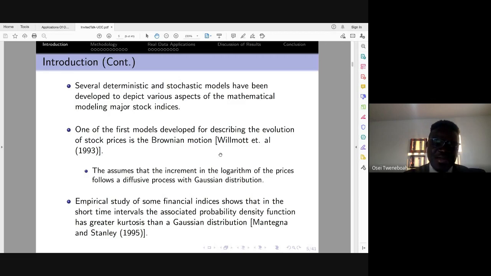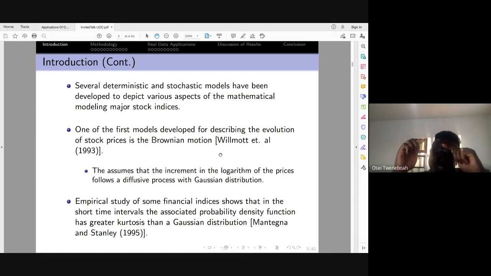So depending on the discipline that you are from, for instance, those in engineering and finance call it the Gaussian distribution, but those in mathematics and statistics call it the normal distribution. Good. So we all know the normal distribution is symmetric, which has light tails, and the mean and the median lie in the middle, and it's symmetric in the sense that one half is the mirror reflection of the other. However, empirical studies show that financial indices